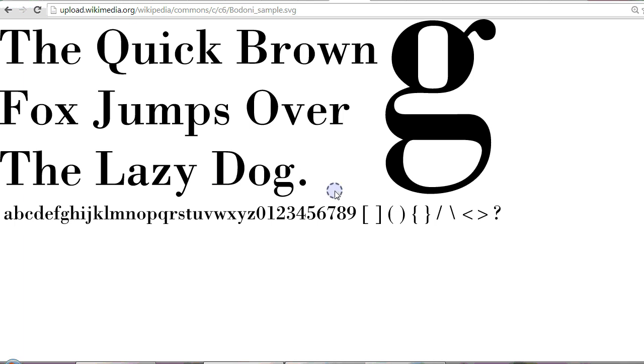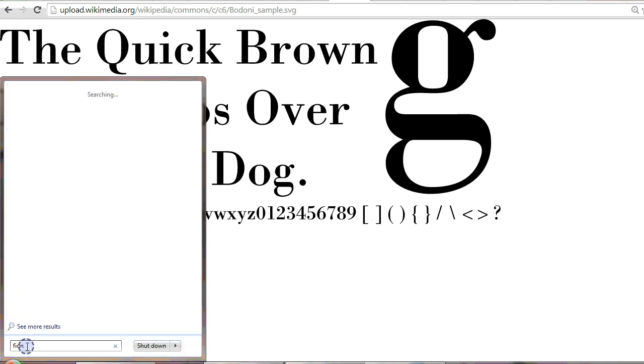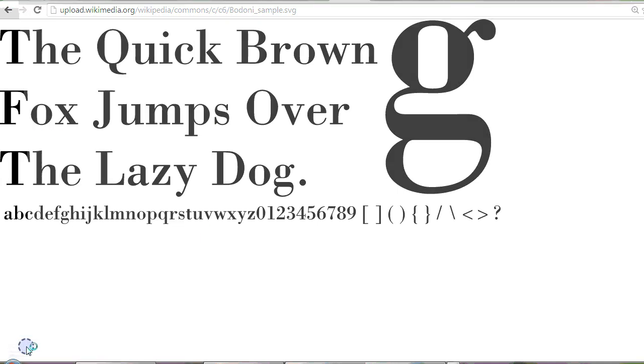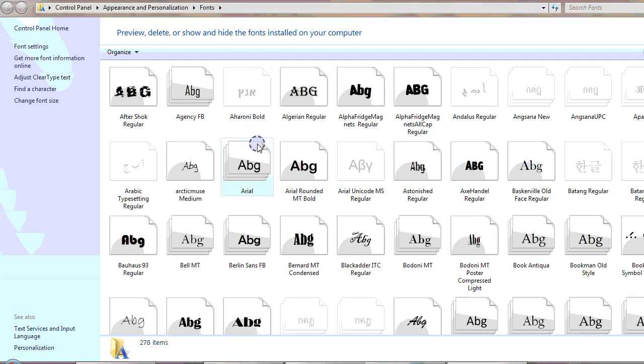So the best way to start looking for a font, actually open your computer search and just type in fonts, and in most cases on a modern computer that will take you to your fonts folder, and there are a few things to look out for. Obviously we're not looking at these other fonts, we'll cover those later. We're looking for serif fonts, something along the lines of the Baskerville Oldface, but that wouldn't be suitable because there's